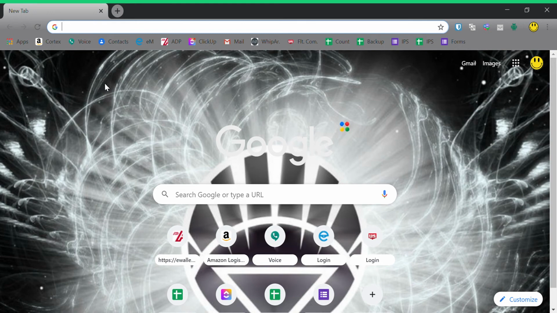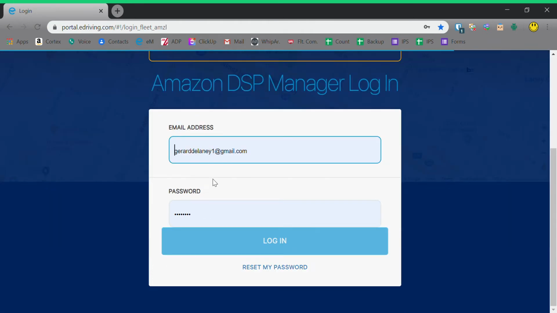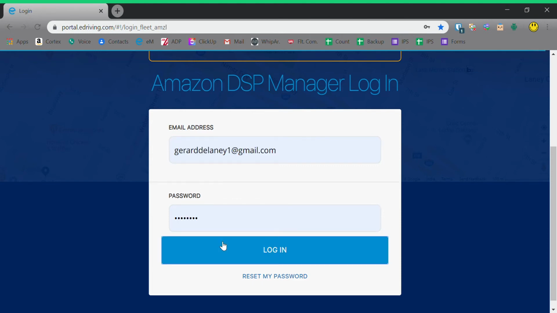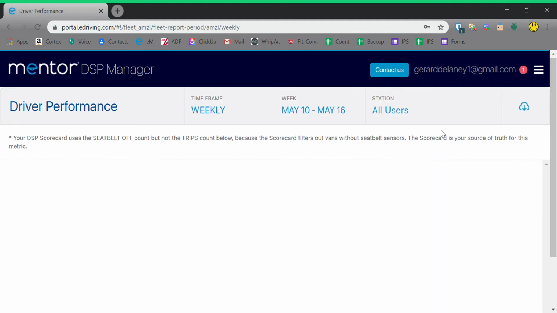I'm here today to show you how to use eMentor as a night manager. The first thing you're going to need to do is click on the eMentor icon. It should have this blue E and it should say eMentor. Now the login information should already be filled in. If it's not, please text dispatch as soon as you can. You need to click on login